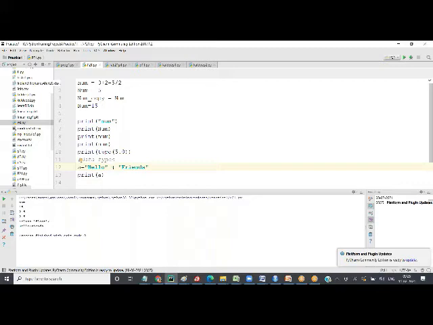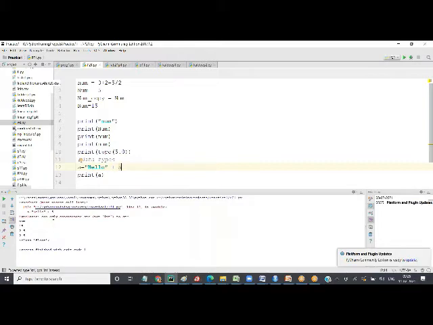Hello friend. If I say hello plus 5 as a numerator, it will give me an error. You cannot add a string to a number. When I run this, you will see: can only concatenate str, not int, to str. Because the first one is a string, it's trying to concatenate, but this number is numeric, an integer 5. It is not going to get added to this.